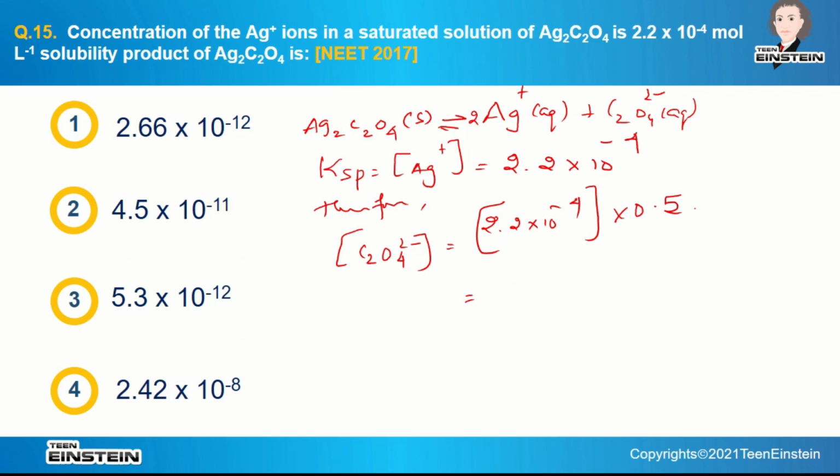So the solubility product of Ag2C2O4 is 1.1 × 10^-4 mol/L. So the correct answer is,